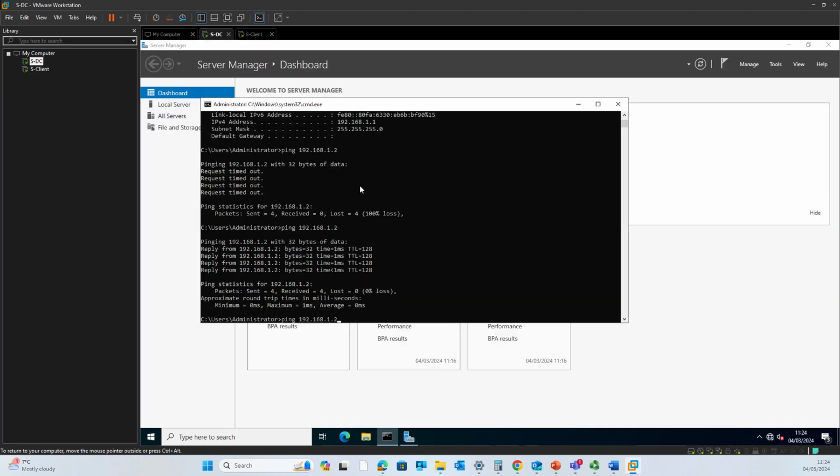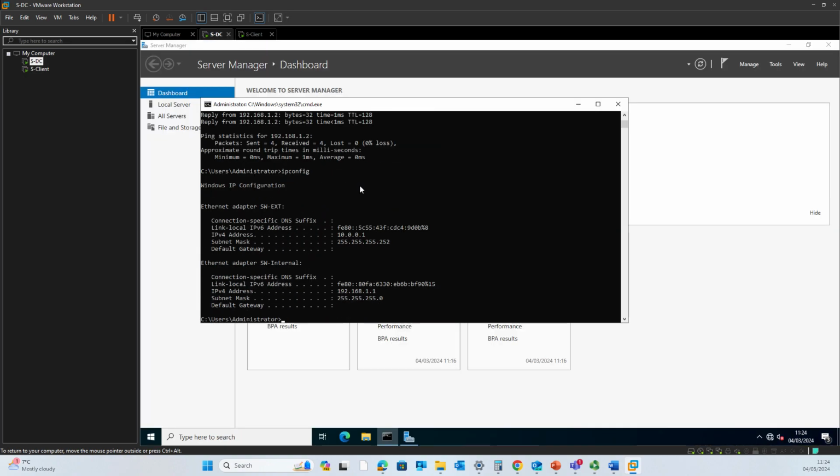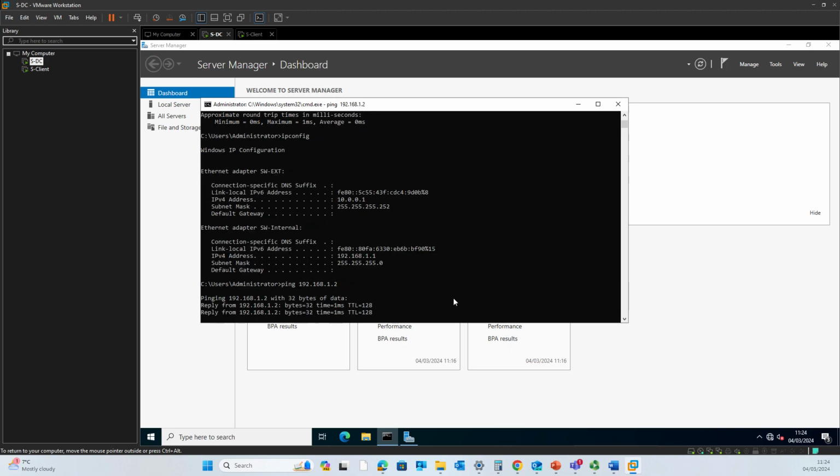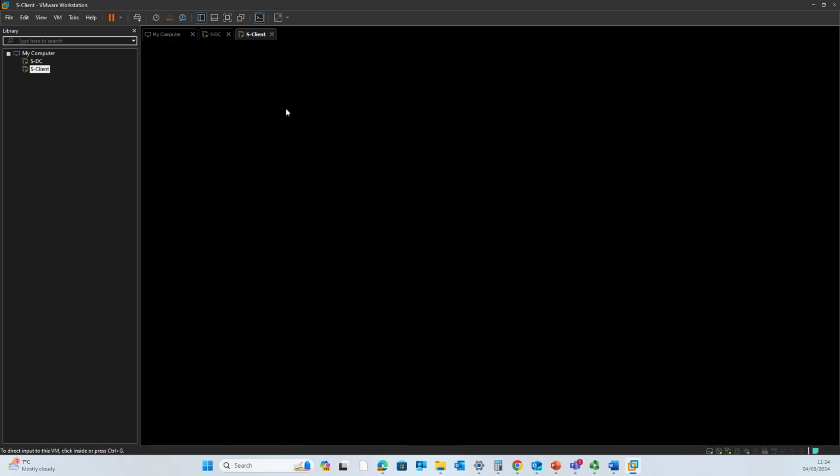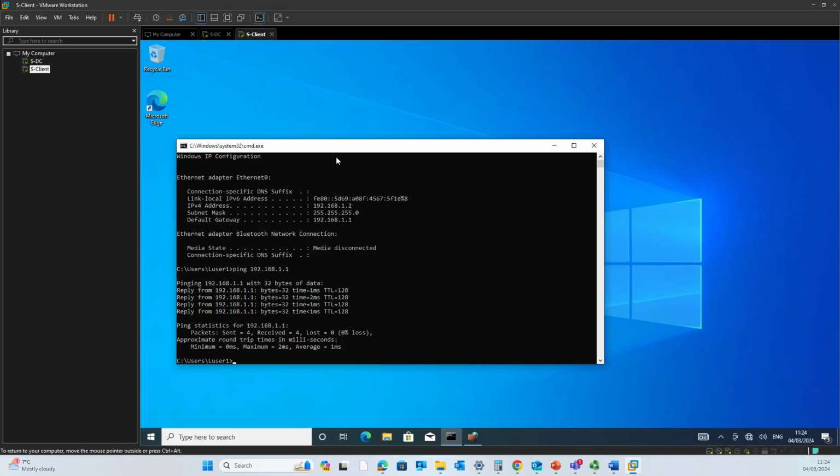The same way, when I go here, the IP config is 10.0.0.1, that's an external network, and I have 192.168.1.1, which is my internal network. If I ping 192.168.1.2, which is my client, it pings successfully. One thing I missed here is